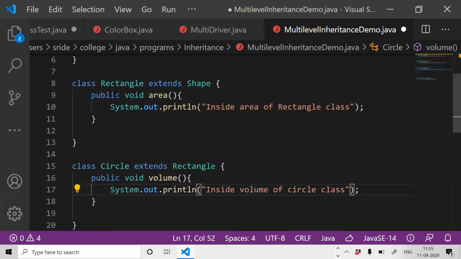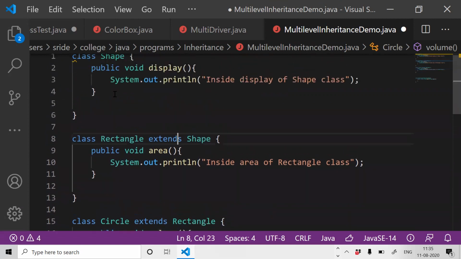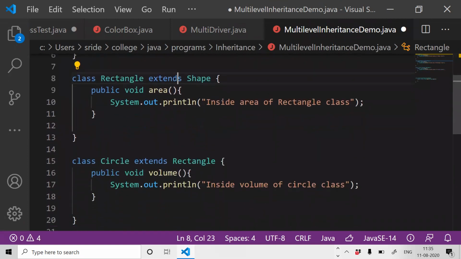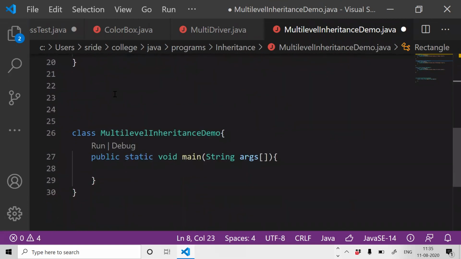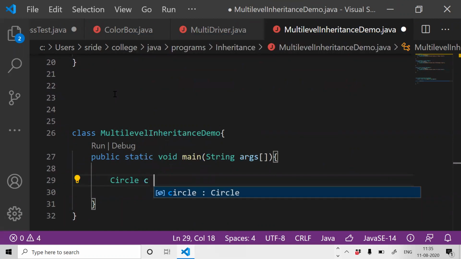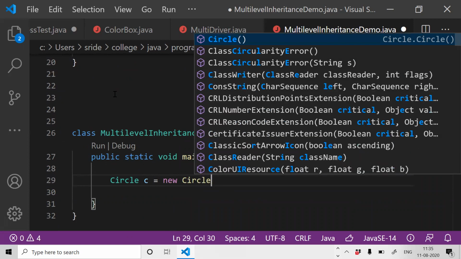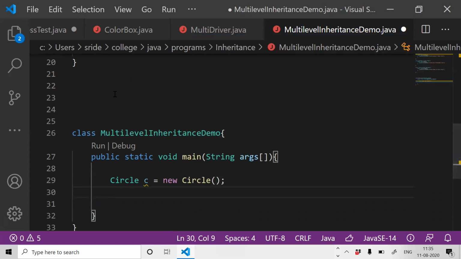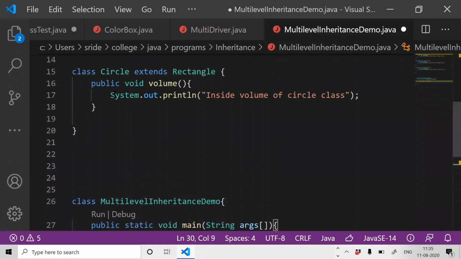If I create an object for Circle, I can call the volume method, the area method, and also the display method. So let's check that. I'm creating an object for Circle here. Object name, let it be c, new Circle.